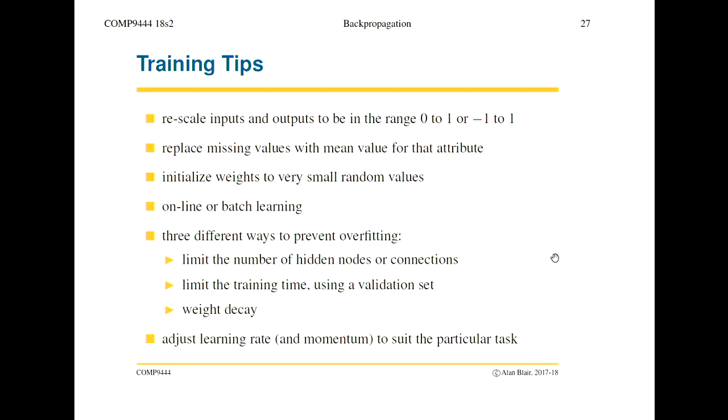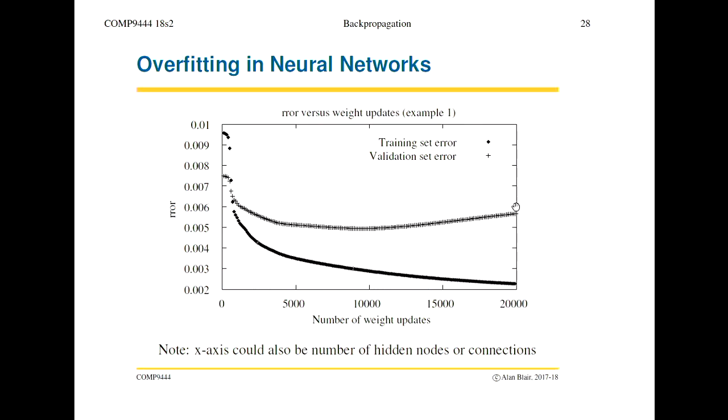Now there are some people who say they have a large number of nodes, but instead of limiting the number of nodes, they limit the training time. They say, well, I'm only going to train my network for a certain period of time. Now this is kind of controversial, but these pictures I'm showing here are meant to be indicative only. What's shown here is the training time, but we could think of this also as the number of hidden nodes. You could think of this as being 5 hidden nodes, 10 hidden nodes, 15 hidden nodes, 20 hidden nodes.